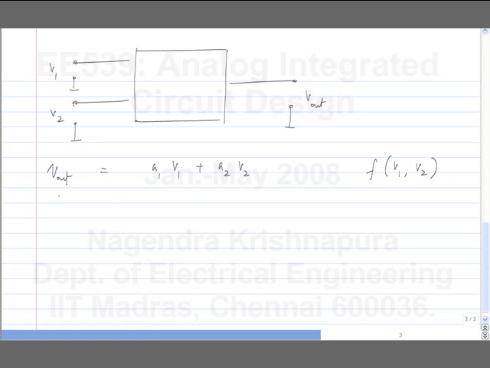Okay. But since we want the difference between V1 and V2 to contribute predominantly to the output, we rewrite this as A1 minus A2 by 2